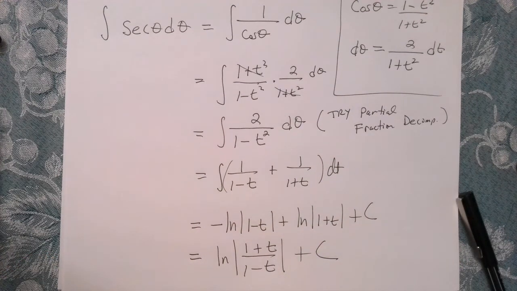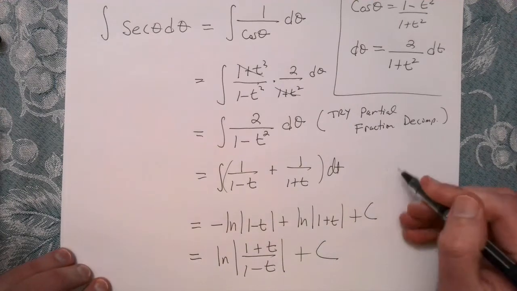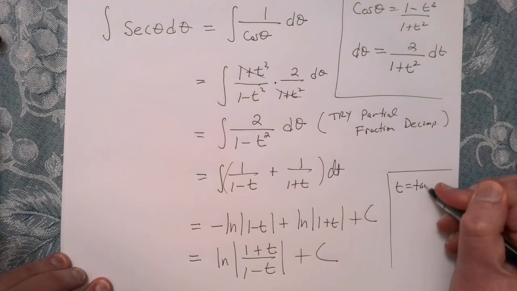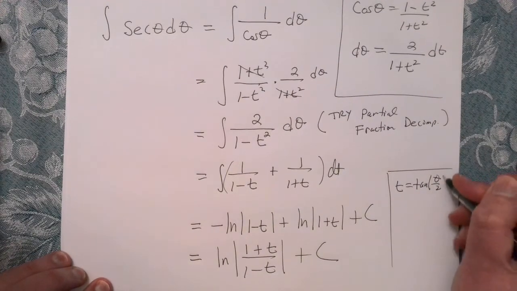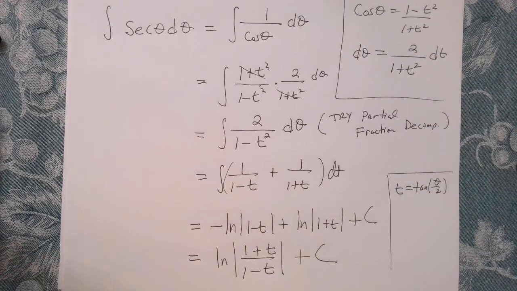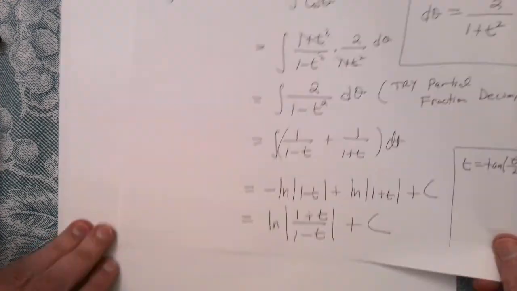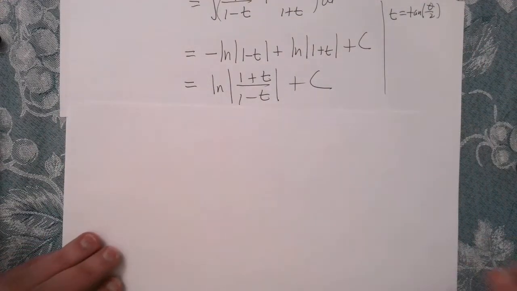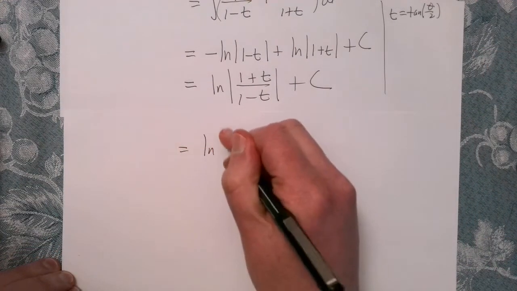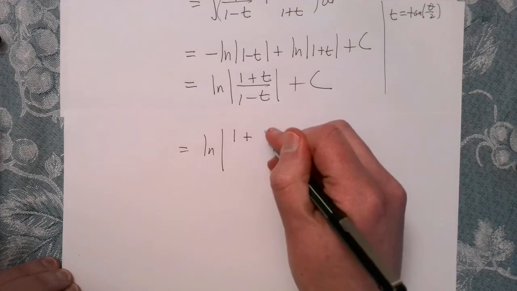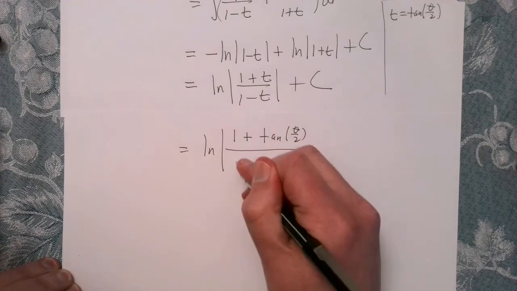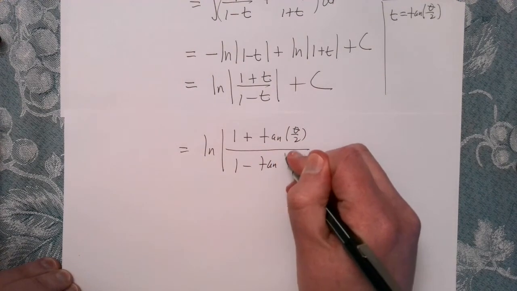So that seems pretty good so far. Recalling from our Weierstrass substitution, remember that t is equal to the tangent of a half angle? Let's use that. So going in for t, this gives me the following: the ln of the absolute value of 1 plus the tangent of theta over 2, over 1 minus the tangent of theta over 2,